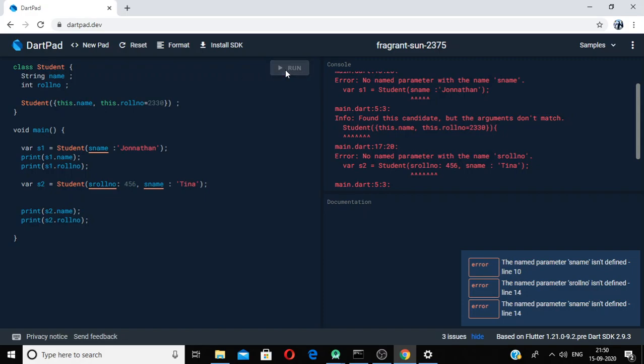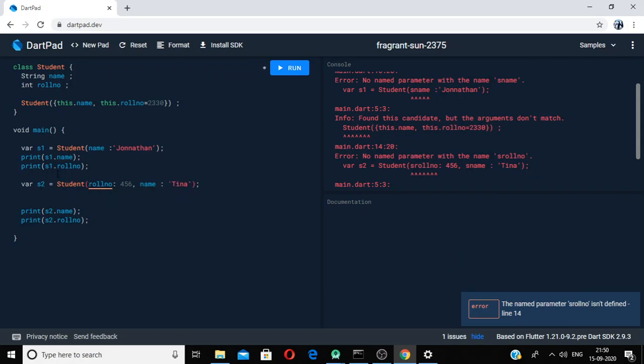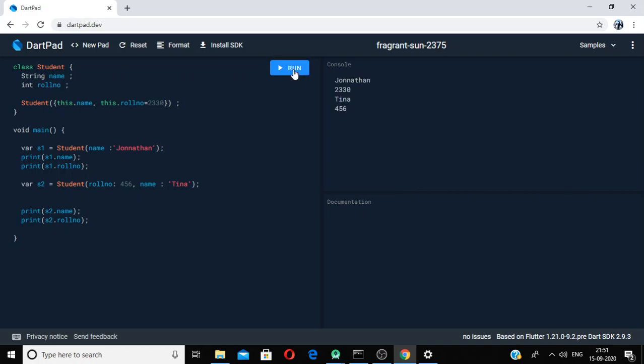And when you run this, sorry, I have used s name. In place of s name I have to use name, and in place of roll number I have to use roll number. So let's run it once again, and now you can see this is the shortcut for initializing the values using a constructor.